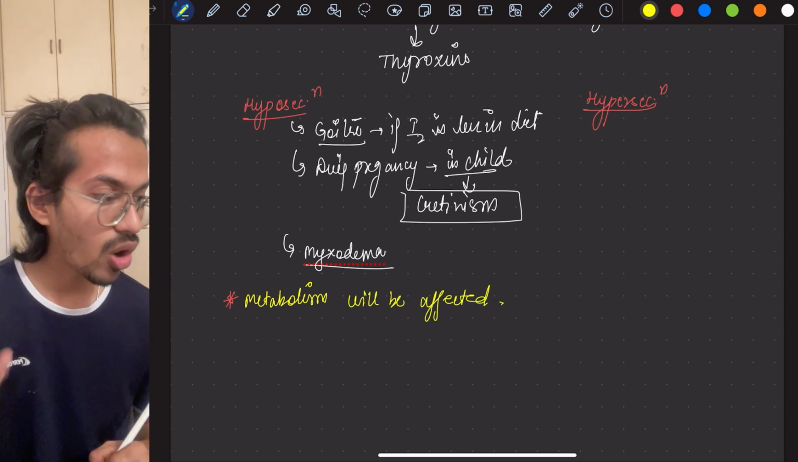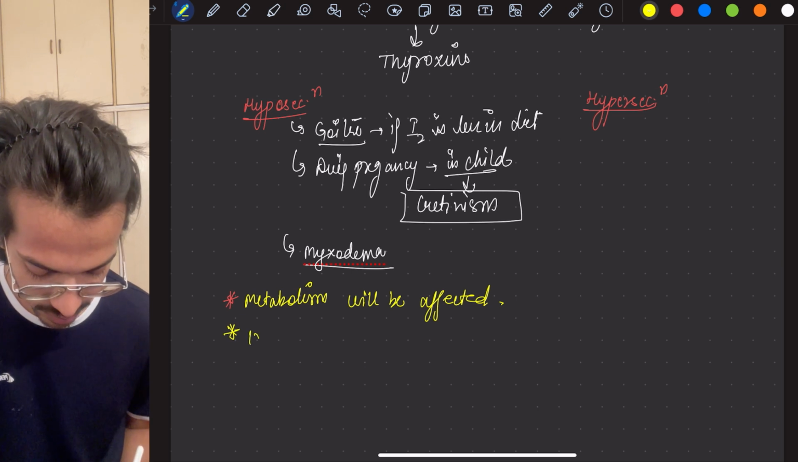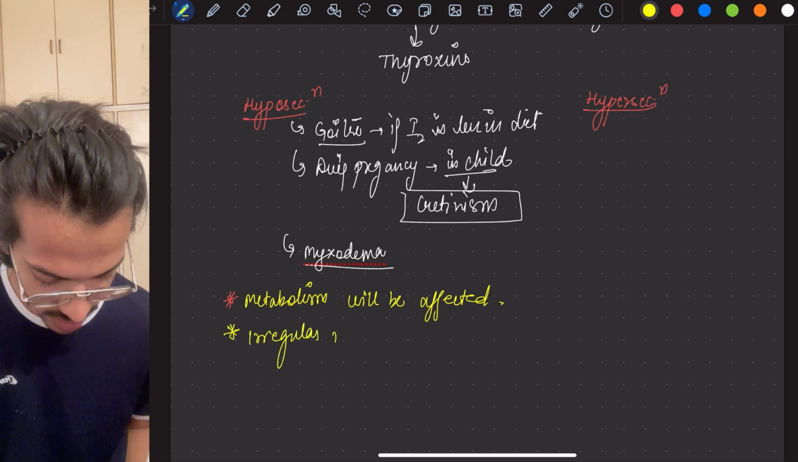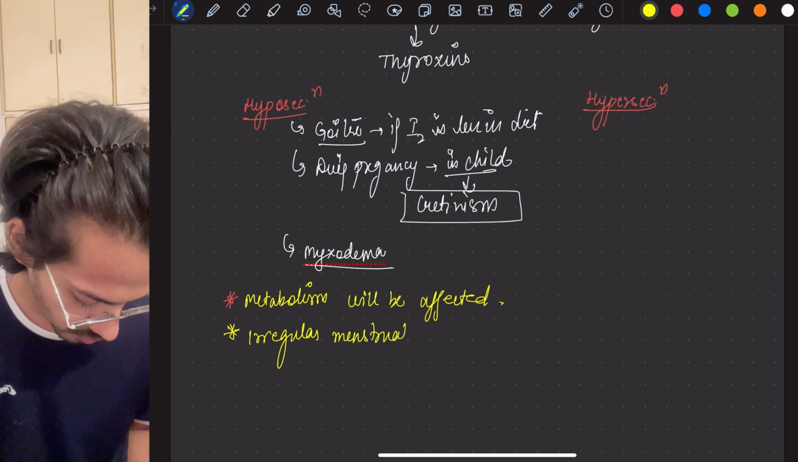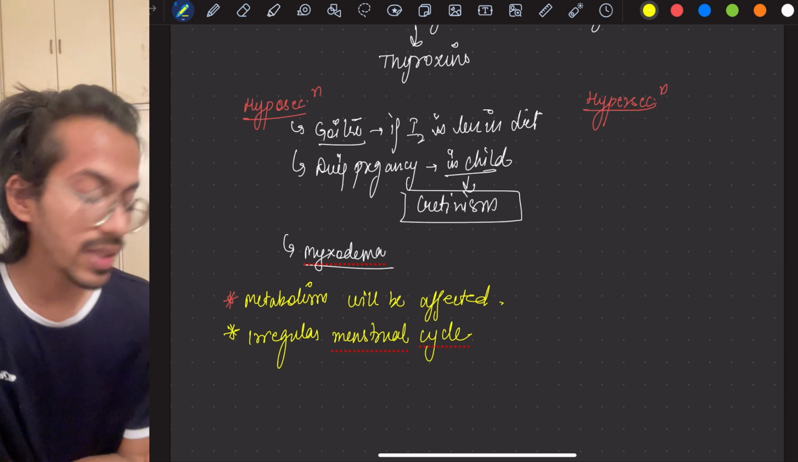Okay, then along with that there will be what? There will be an irregular menstrual cycle, because sexual well-being is also being disturbed. So an irregular menstrual cycle will be there. Okay, then the next thing you have to remember is that if there is a